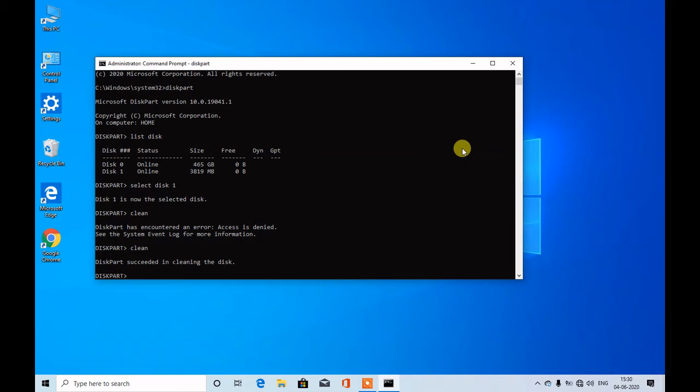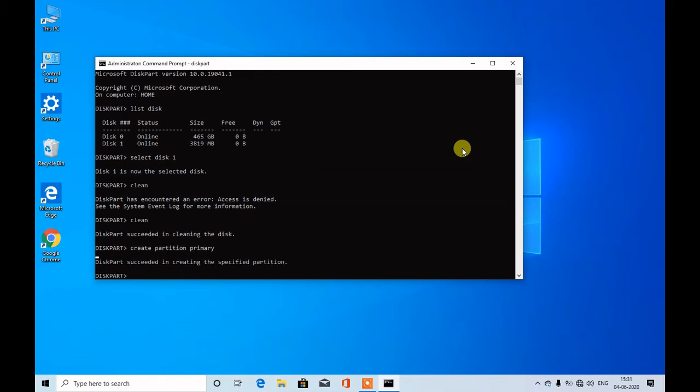Now we have to write another instruction. In order to create a bootable pen drive, we have to write create partition primary. Press enter. Diskpart succeeded in creating the specified partition.